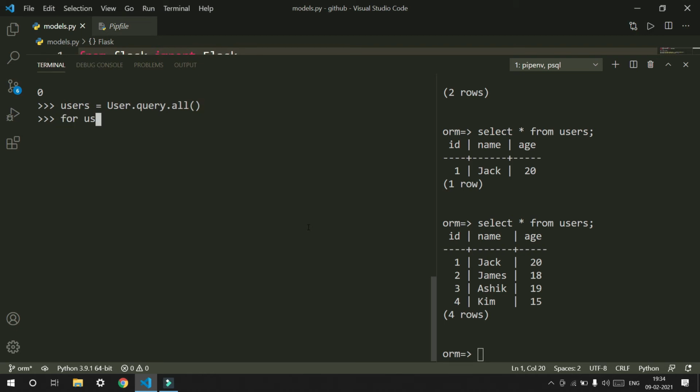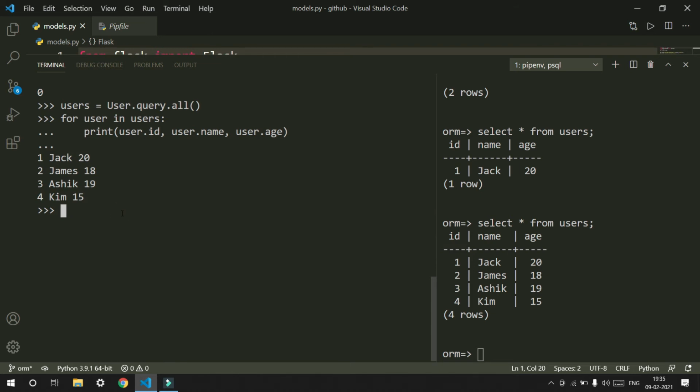For user in users, we'll print user dot id, user dot name, user dot age. Now if I run this, I get the four records from the database.